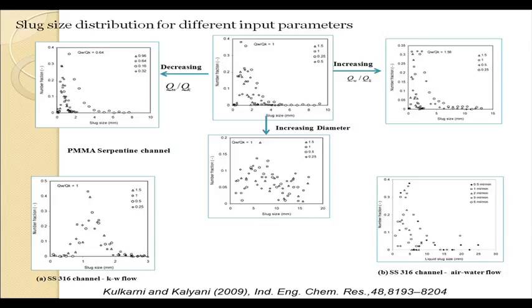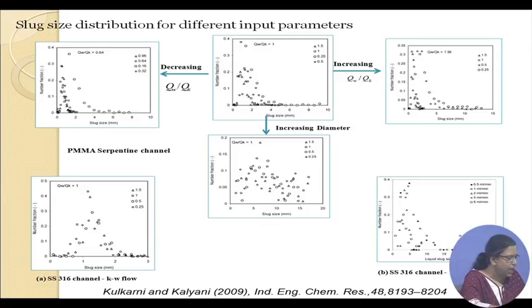So, in this particular case we find that more or less experiments have been done with oil-water and air-water, and the slug parameters were measured, and it was observed that the slug